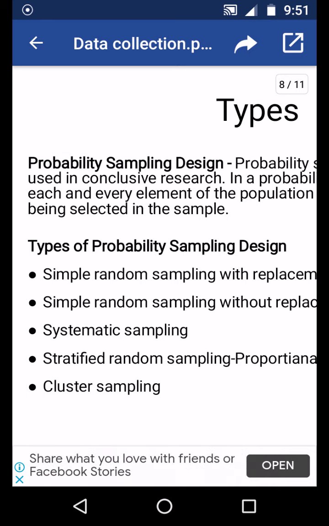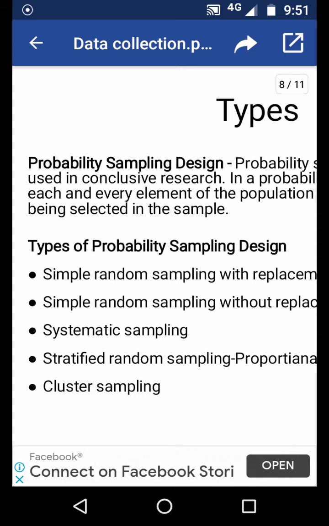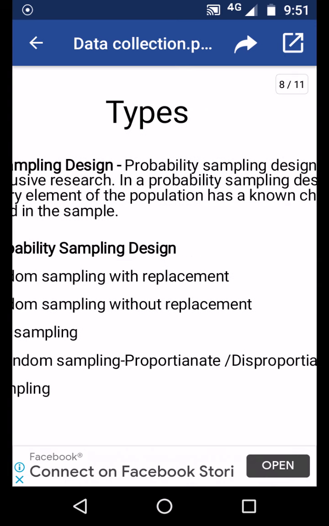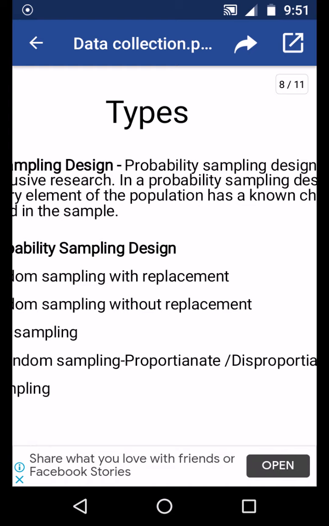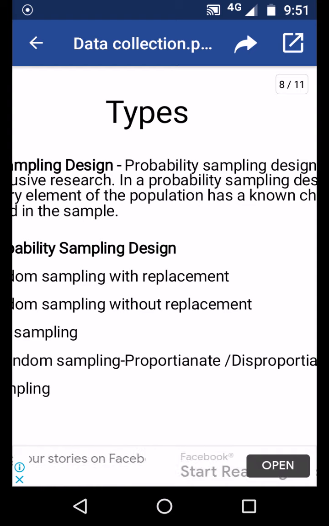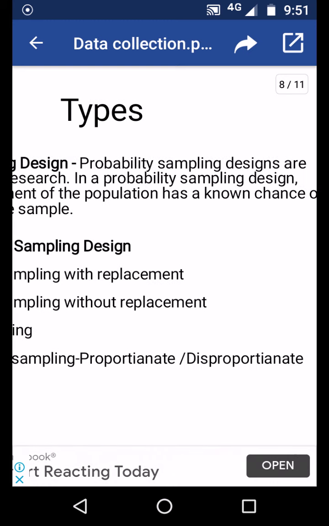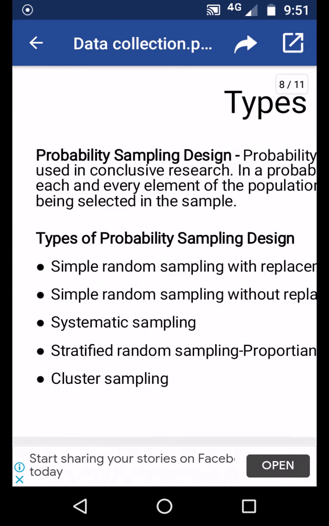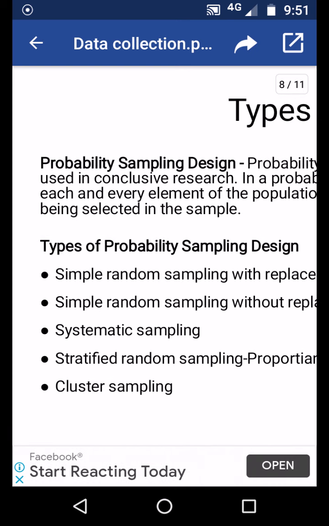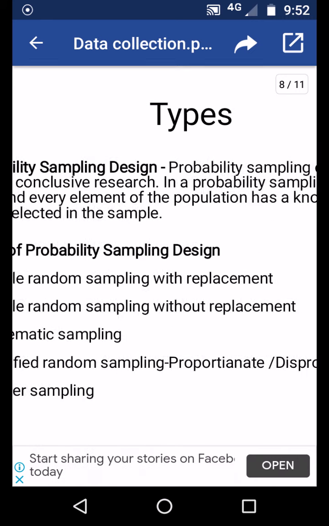Stratified sampling is a group based sampling, where there are strata, okay, groups. Now, for example, you want to select Dakshina Kannada district agriculturists. You first divide Dakshina Kannada into taluks, and in taluks you may select villages, and in villages you may go for agriculturists. Now, proportionate is where the proportion of the sample remains the same in all strata, but disproportionate is where there is no proportion in selection of sample in all strata. And cluster sampling is group wise sampling, that is also one sort of probability sampling.